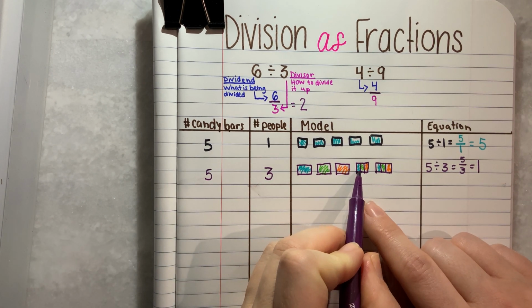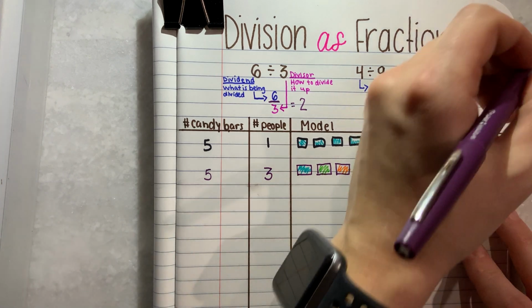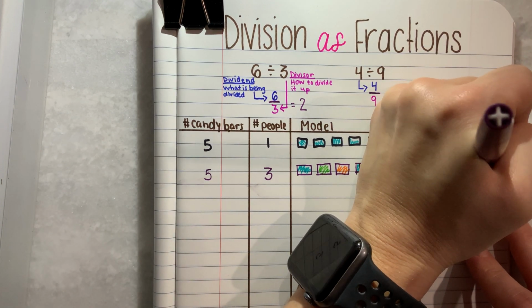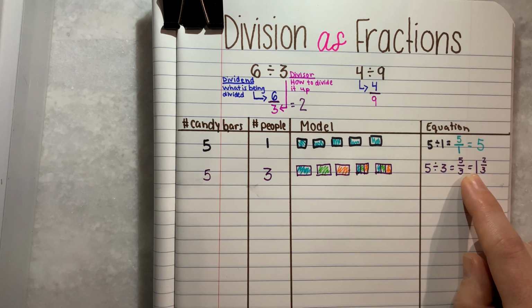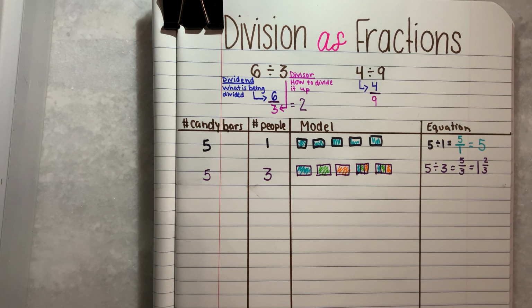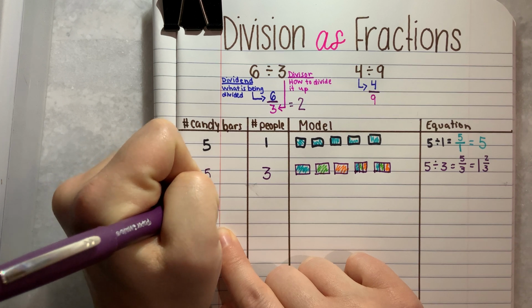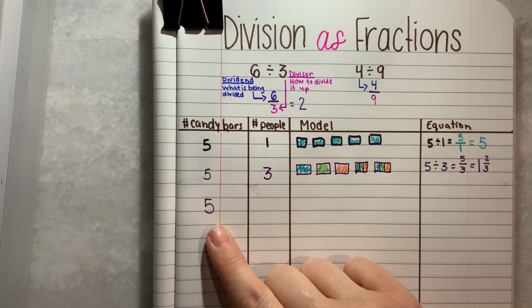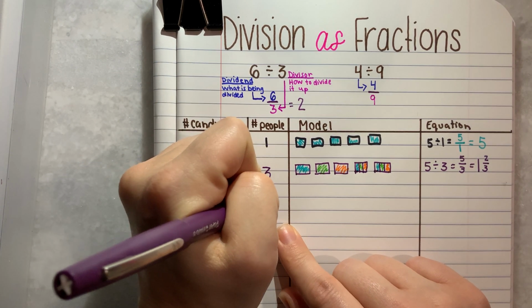And I would get 1/3 of this one and 1/3 of that one. So that would be a total of 2/3. So 5 divided by 3 equals 1 and 2/3. All right, so now I'm going to ask you guys to try one. So let's say we still have these 5 candy bars, but this time we want to share it between 4